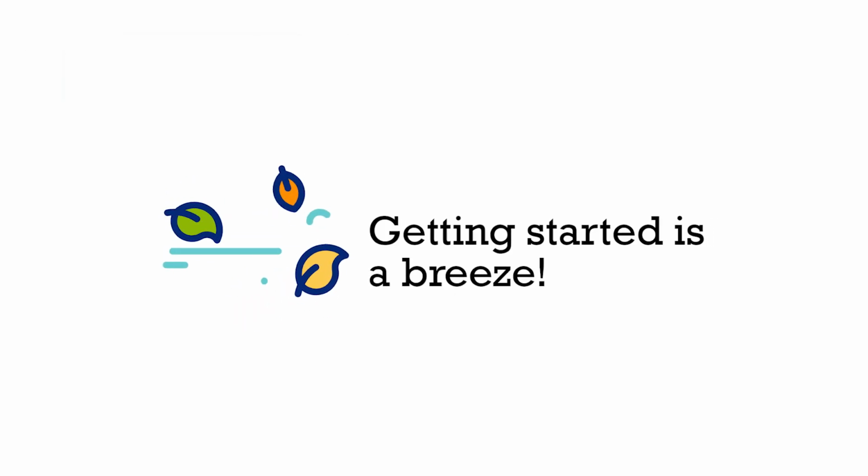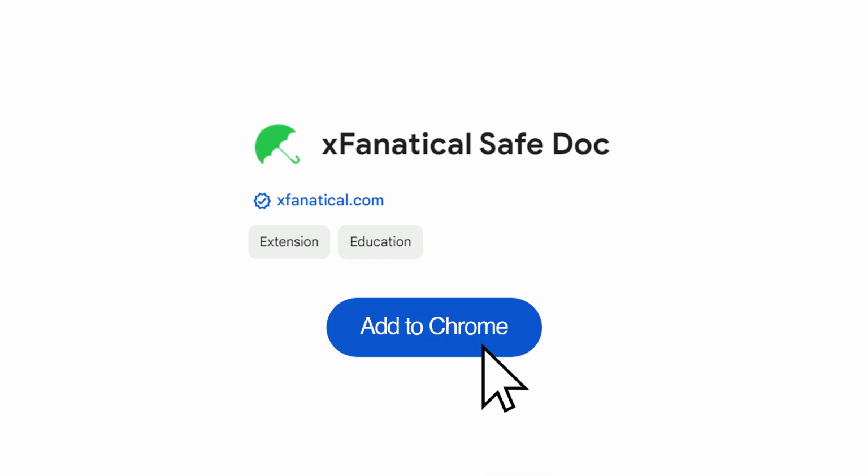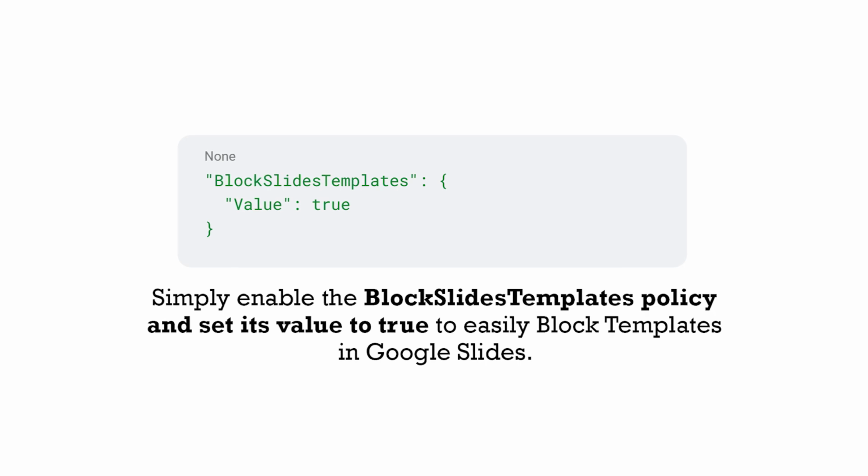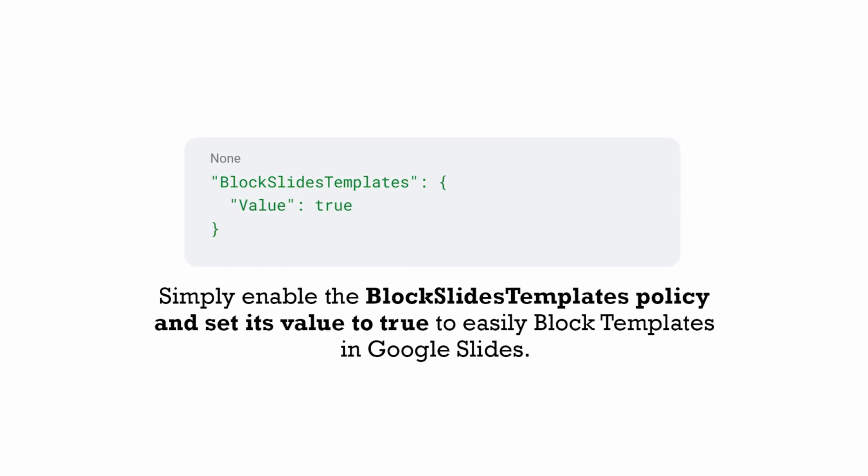Getting started is a breeze. Go to the Chrome Web Store page, search for SafeDoc, then click Add to Chrome to add this extension. Once it is installed, simply enable the Block Slides Templates policy and set its value to True to easily block